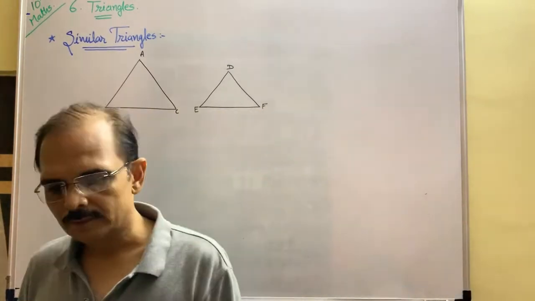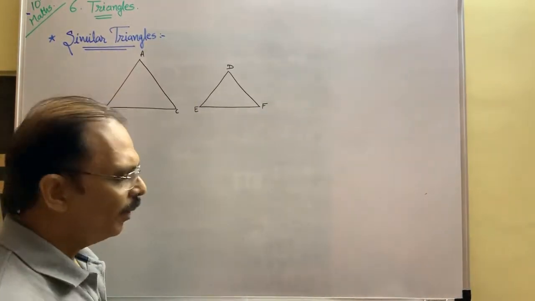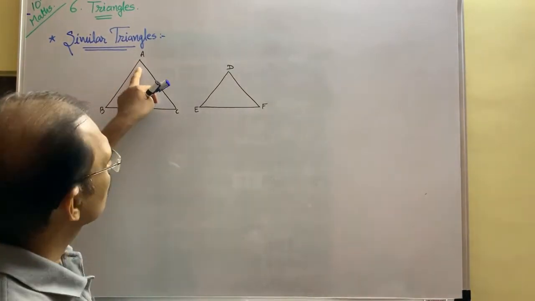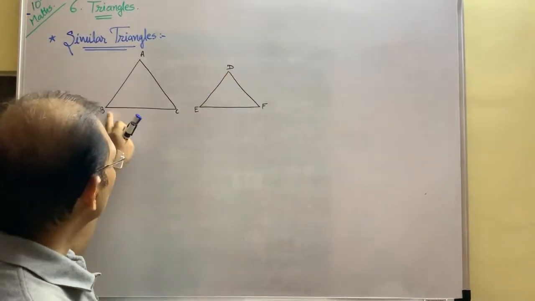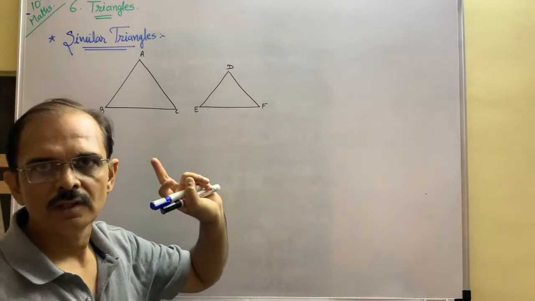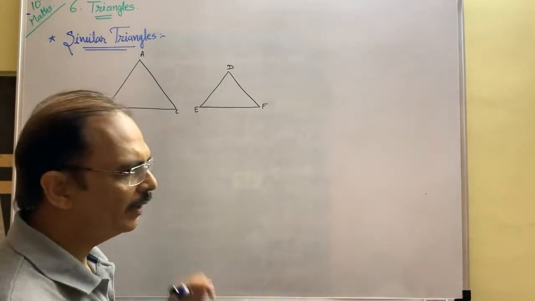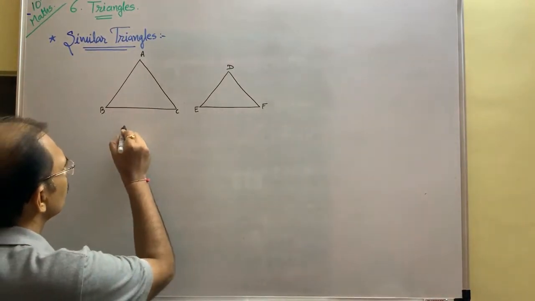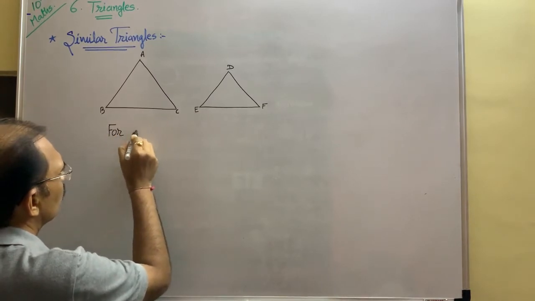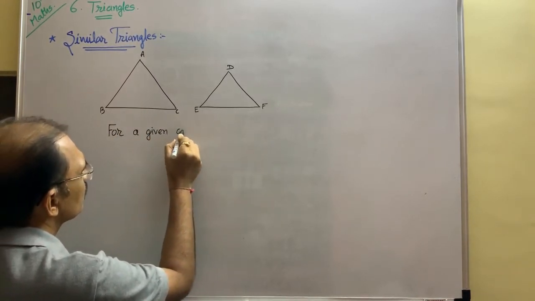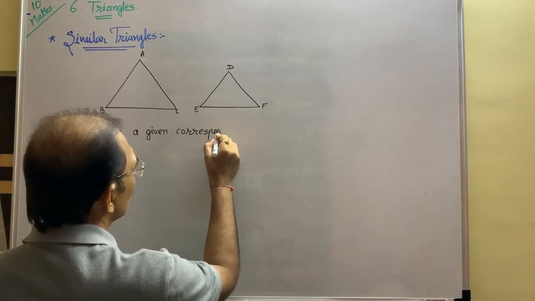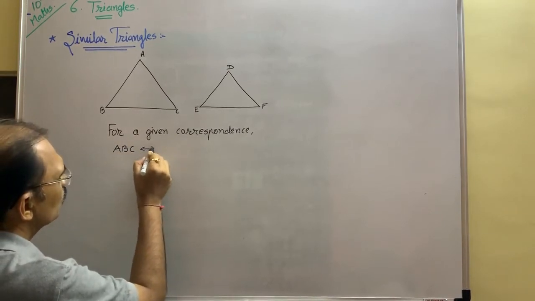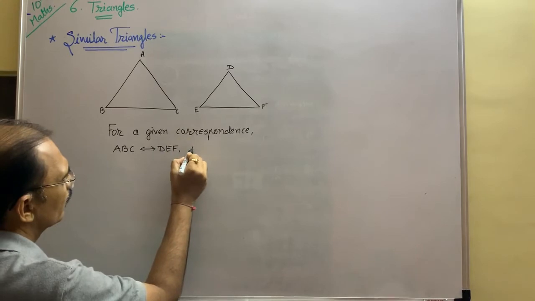Okay, now see, correspondence between two triangles is given. Here correspondence means what? Vertex is A, so corresponding vertex here is D, B with E and C with F. Correspondence between two triangles, here we take correspondence ABC corresponding to DEF. So for a given correspondence ABC corresponding to DEF, if,